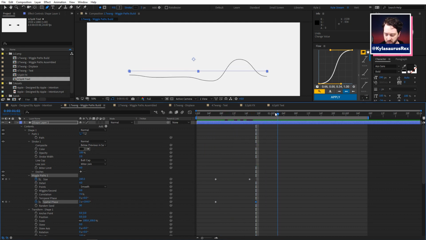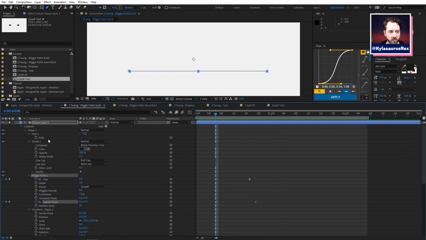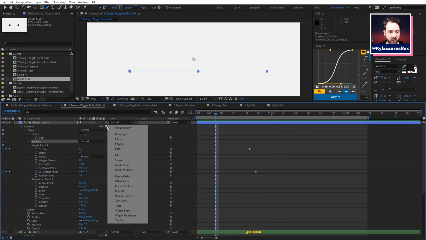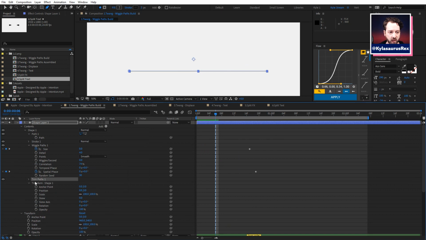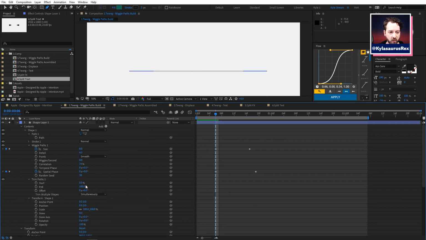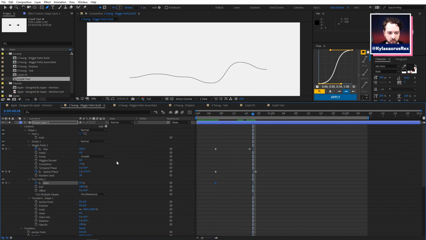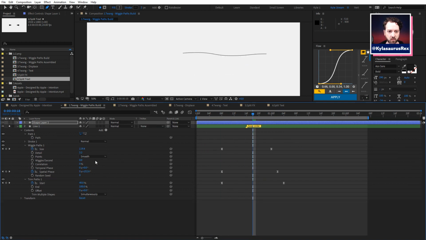So bing, something like that gives it a nice look. I don't like that it's getting so much over here, but we'll deal with that. So I was pretty happy with that. And then I just added a trim path so that we can retract it that way. And whoop, there we go. Turn off my layer control so you can see. I just keyframe that from 0 to 100. And bing, you see we've got the right idea here. Just finesse your keyframes a little bit. And it worked out pretty nicely.